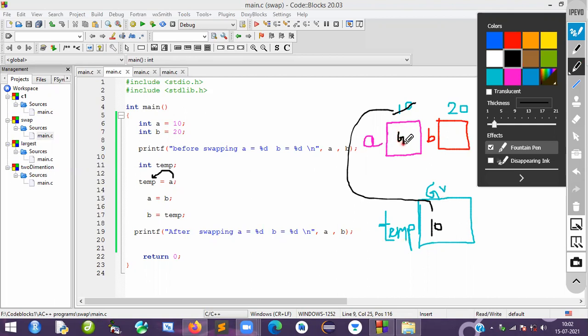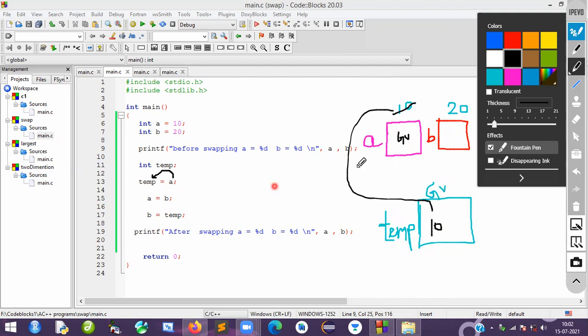Technically 10 is still available here, but it is not a permanent value. So we have transferred the value 10.